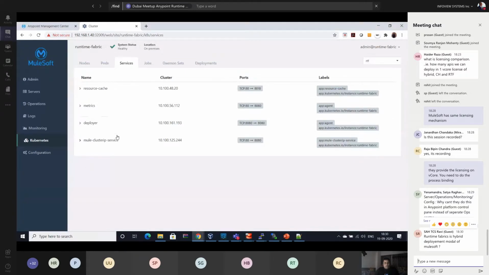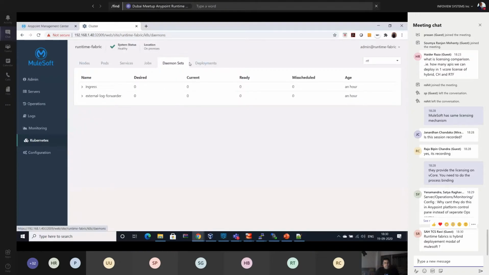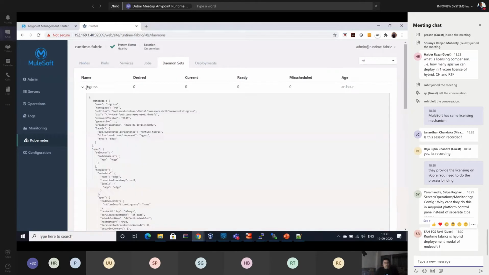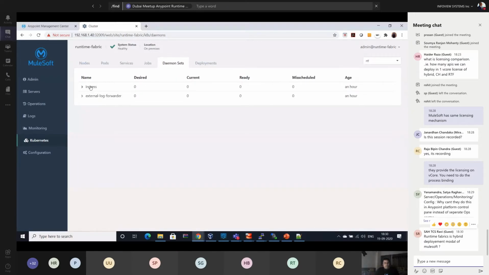So definitely all these things are there. You can see that Ingress is responsible for configuring the policies and managing request high availability and request distribution based on the availability of resources. And this is the deployment we have deployed. As you can see, an hour before I just configured this platform for demo purposes. Okay.